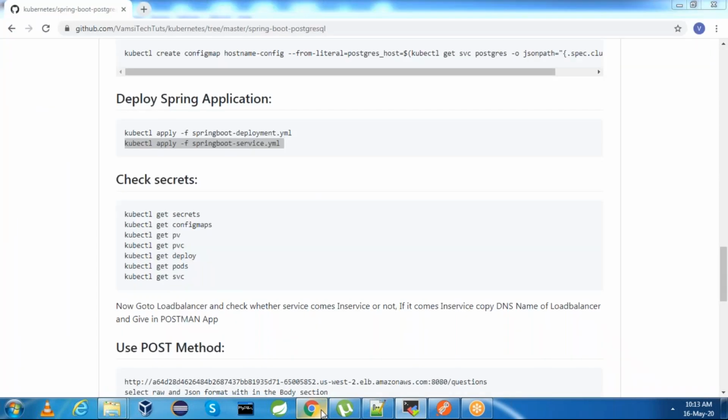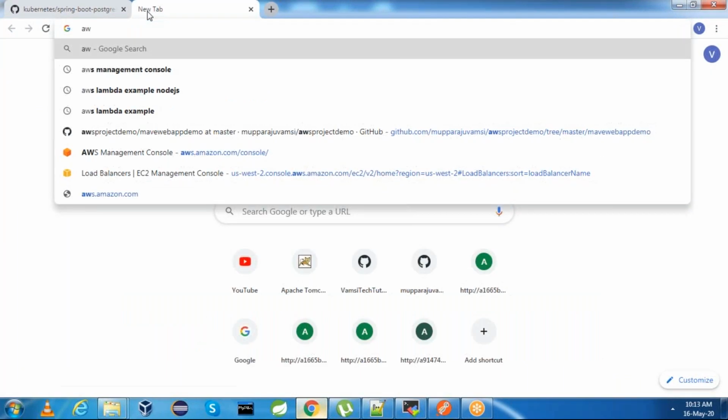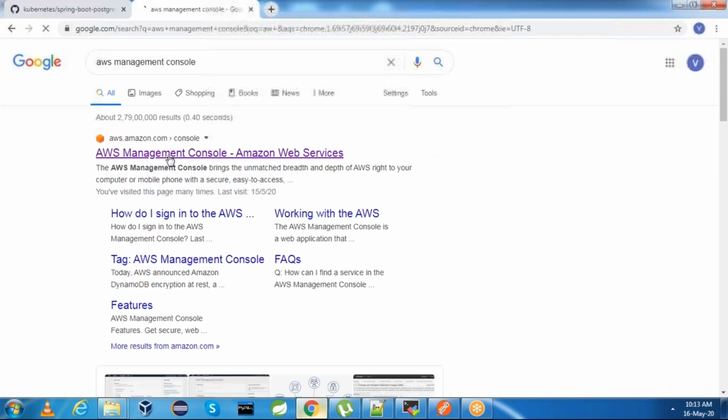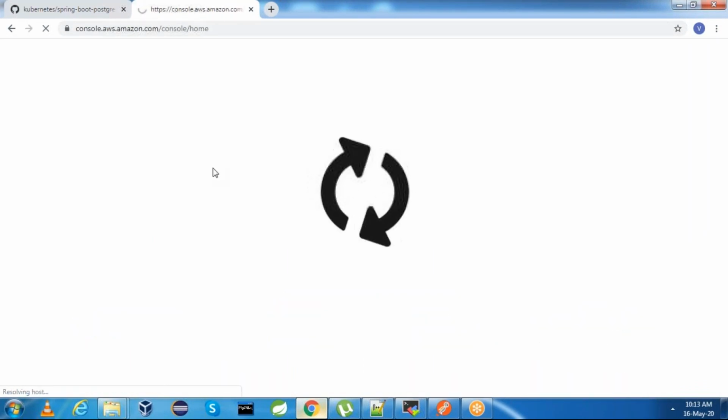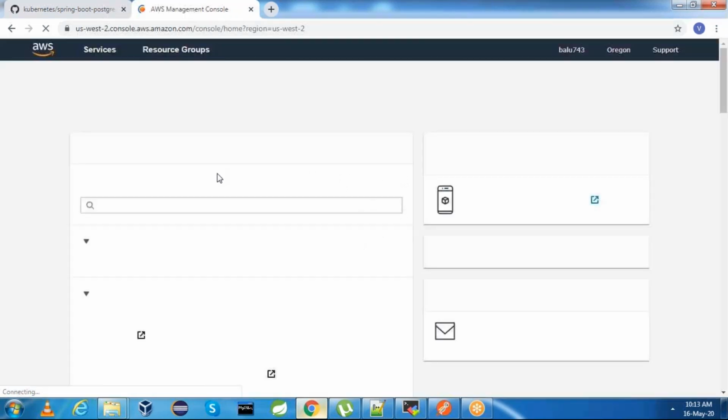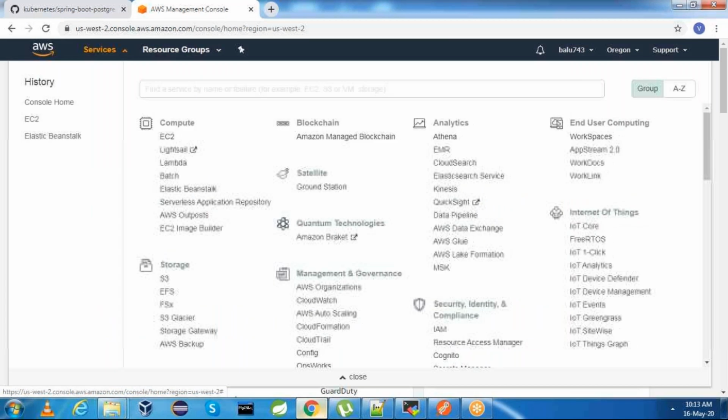Now go to AWS Management Console and you can wait for the load balancer to come in service. Once the load balancer is in service, we can access the application.